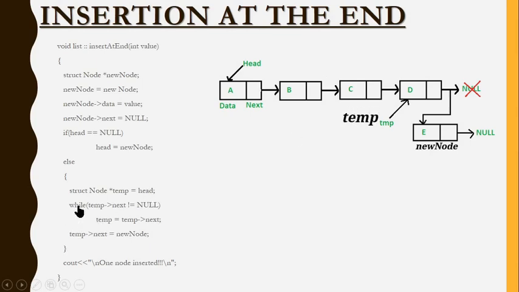Again it goes to the while condition. Temp points to next is not equal to null. It's not equal to null. Condition is true. Now I say temp equal to temp points to next. So temp points to next is, I have D's address. So the pointer comes here. This will be named as temp. Again go to the while condition. Temp points to next is not equal to null. I'm sorry, it is equal to null. The last node is equal to null. So the condition fails. It comes to the third line.